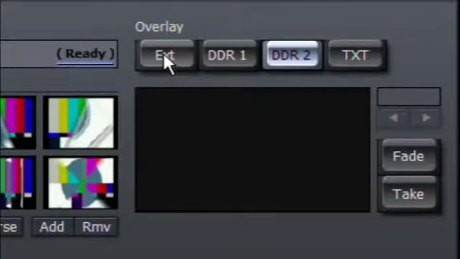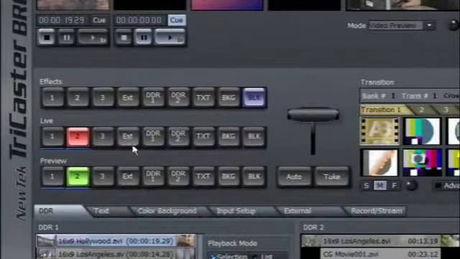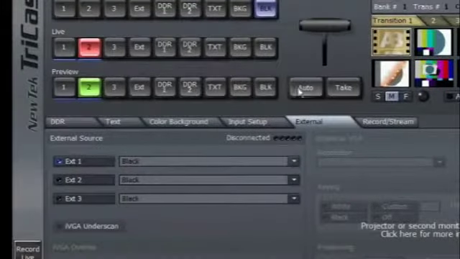We can also use the external input. Again, we've got the external input. This is how we brought in our computer, if you remember, over here. And the external input is used when we're using an external software application called Live Text. Live Text is basically the Edit Text tab broken out into a standalone piece of software which runs on an external computer. Again, once connected to the same network as the TriCaster, the output of Live Text can be brought